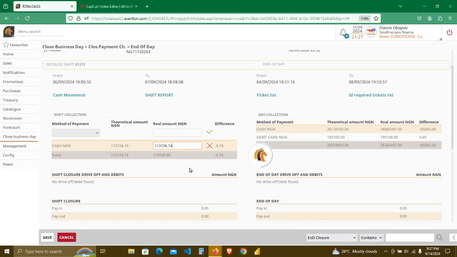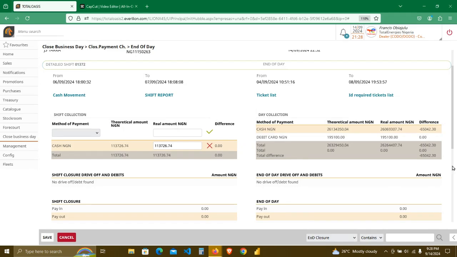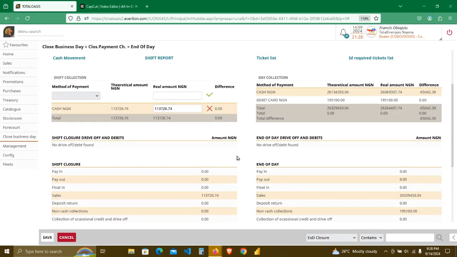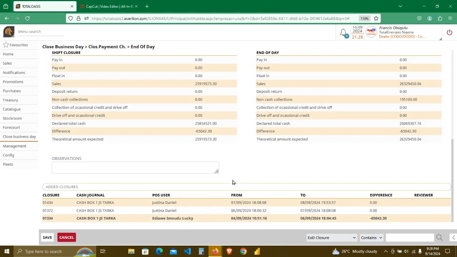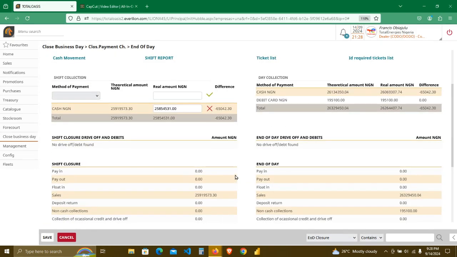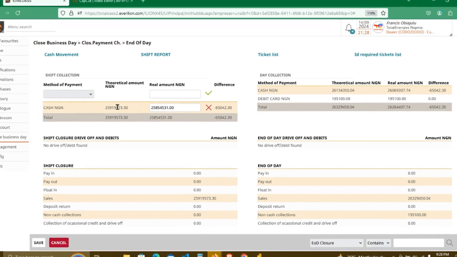So we have everything should be 00. Everything is good. Everything is balanced. We now go down to the last one, Lucky. So when we go there, we go up, and what do we see? We see the theoretical amount, what the system recorded, was